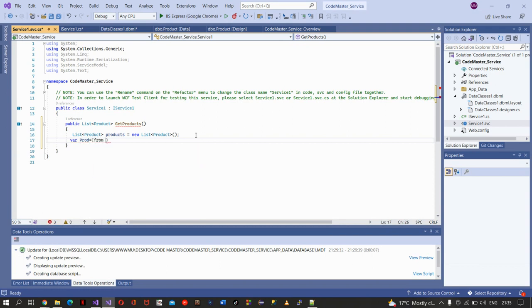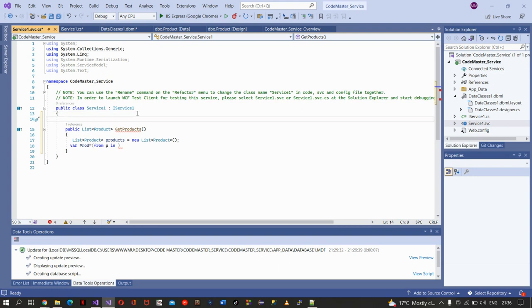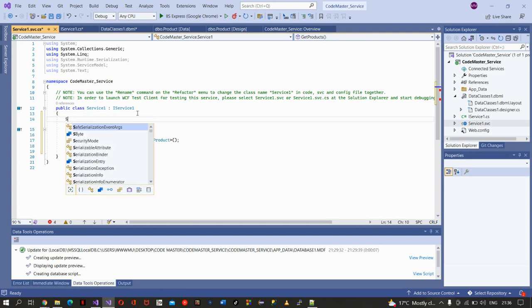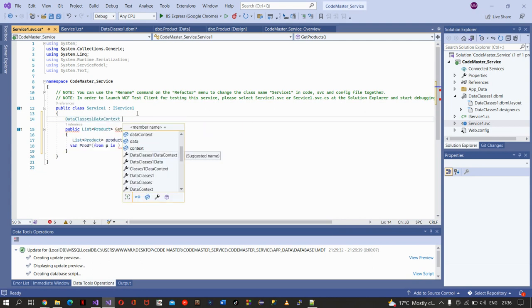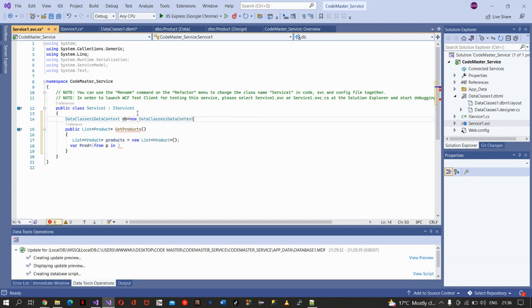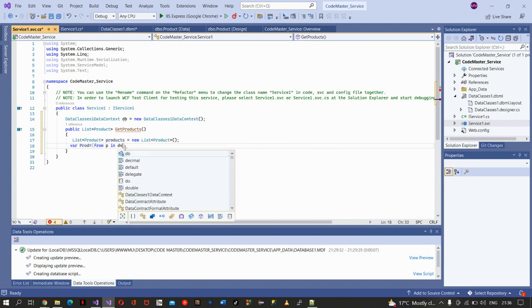So we say from p in, okay, something is missing. Before we can do that, let's instantiate our data classes. So DataClassesDataContext db equals new DataClassesDataContext, and close that. Now we can say from p in db.Products